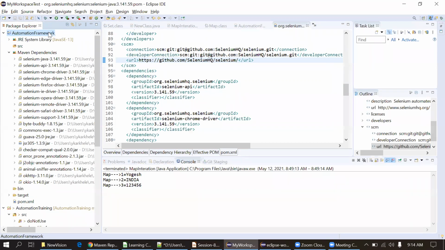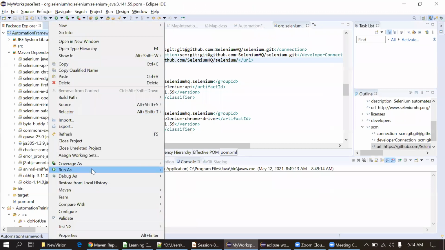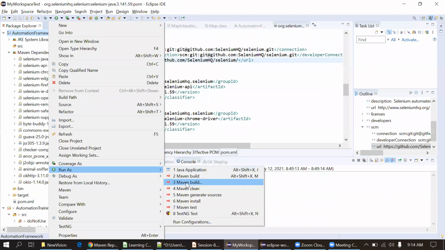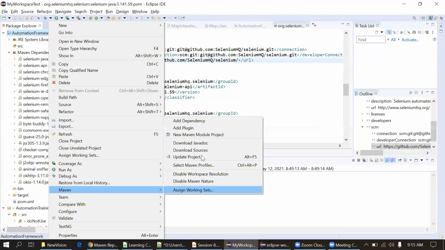No, actually, now you have shown another way to download the dependencies. This one, right? Yes. By this one, actually there are multiple ways. Simply, this will just look for the update. Suppose you are using version 1 and someone upgraded to version 2, and you want to update only that particular dependency, so update project will simply look for that update, and if there is an update it will update to the next version, and if there is none, then it will skip.